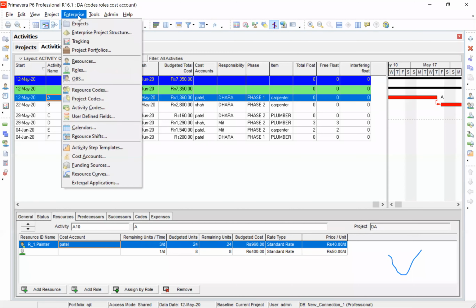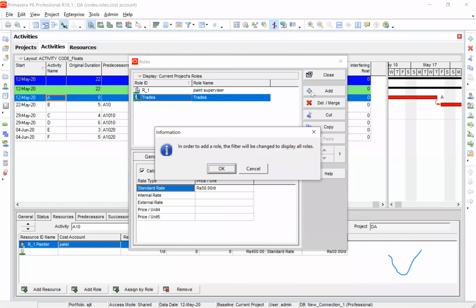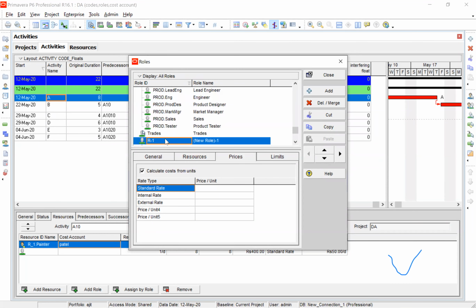You go to enterprise, roles. Now here you can add any role. Say for example, you want to add something, you can add. But right now I have added a role called trade and the price of the role is 50 rupees per day. Now what is the idea of adding the role?